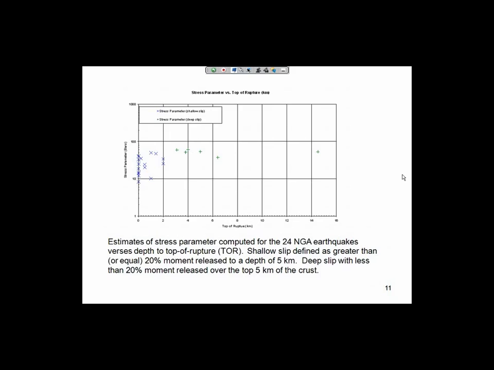The reference is Allmann and Shearer, in JGR 2009. They also have another paper by Peter Shearer, Herman Prieto, and Egill Hauksson, looking at earthquakes of magnitude 1.6 to 3.1 in Southern California. And interestingly enough, they see basically the same distribution of stress drops. In other words, the same log normal distribution with almost the same median. That one is also published in JGR, but that is 2006.